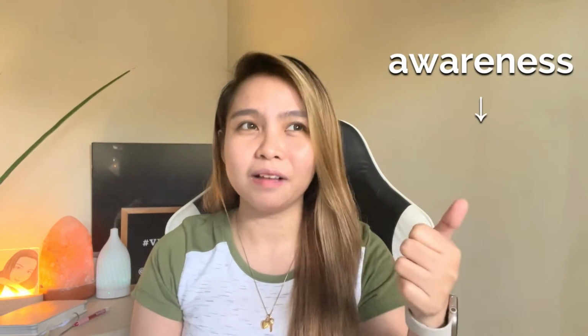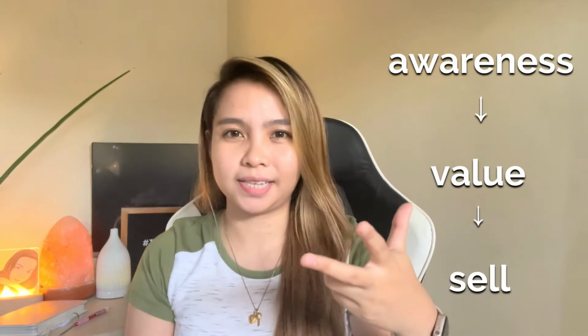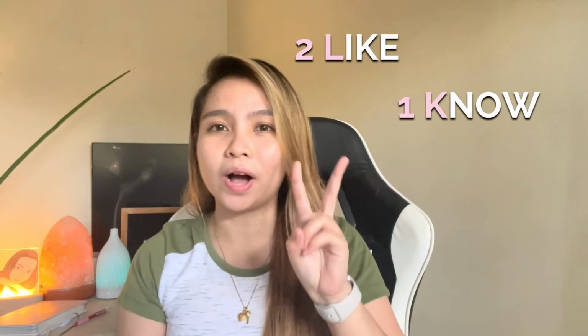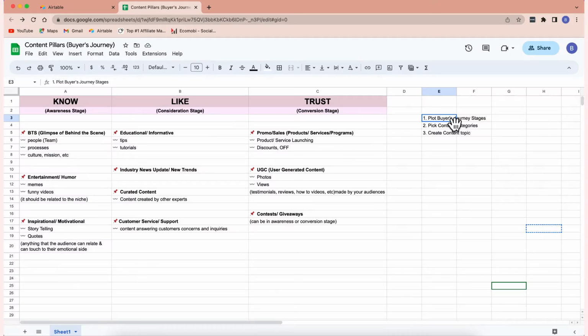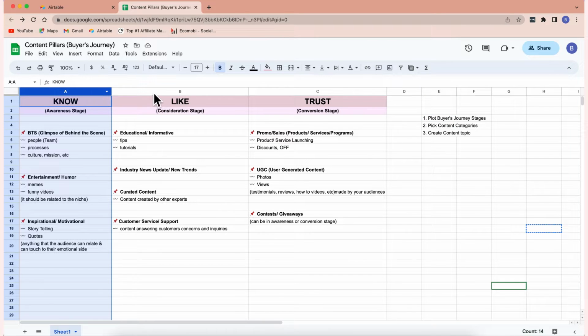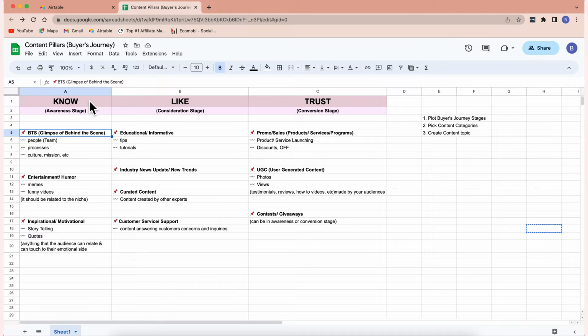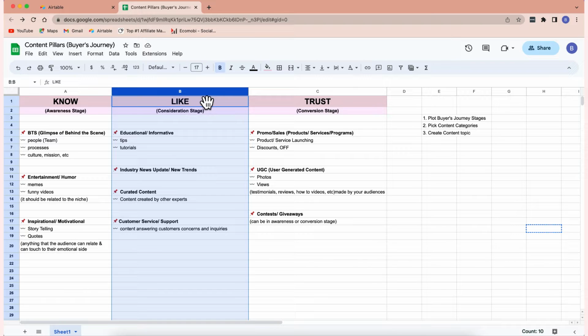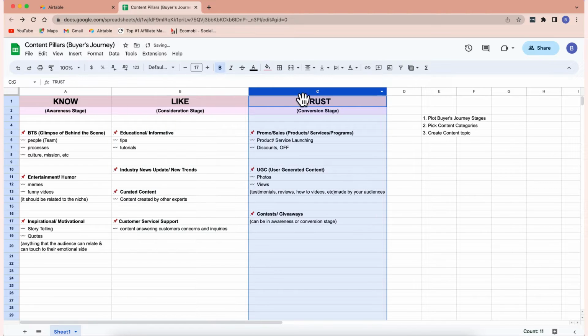So, I'm gonna share my screen so that you will get it kung ano yung sinasabi ko. But it's up to you. The point here is that you have to post awareness muna before you are going to provide value and before ka mag-sell. So now, since I'm gonna share with you the, let's say, 4 posts per week, ang gagawin ko is isang K, dalawang L before I'm going to E. Okay, so para mas maintindihan nyo yung gusto kong i-explain, ito yung list ng content pillars for the know stage or awareness stage, and then here's the list naman for the like and then the trust stage.